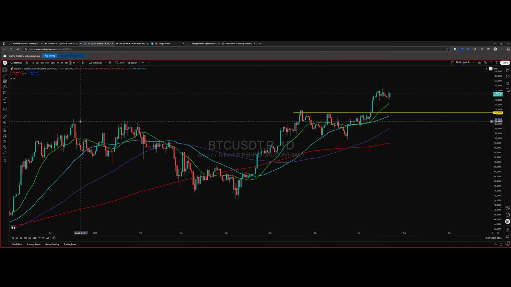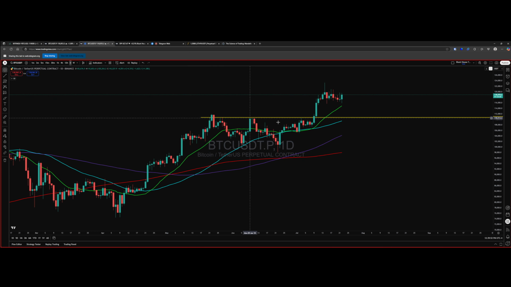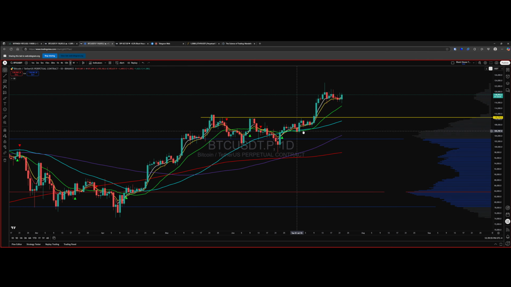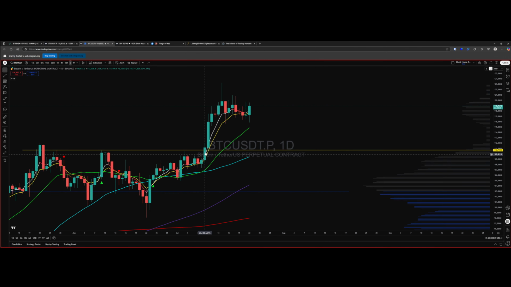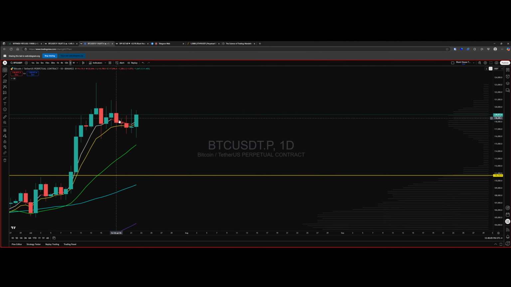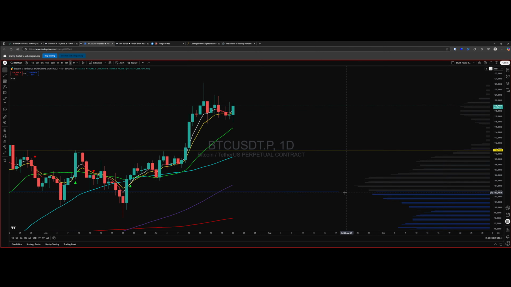When we look on the daily, gotta love this, right? Right at the 20 and the 50-day moving average, and price is just essentially, even on this pullback, right in here. Did our 5 EMA show the fade? And yeah, it did. But did they break down? No, they didn't. The divergence stays. So when the divergence stays, the trend stays. As scary as it may look, that's what happens.